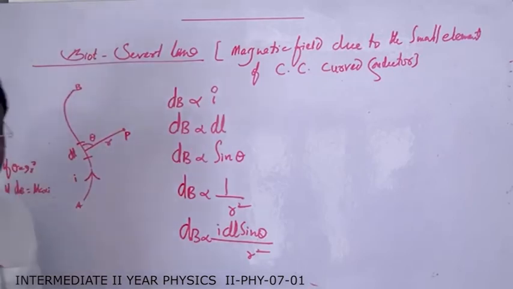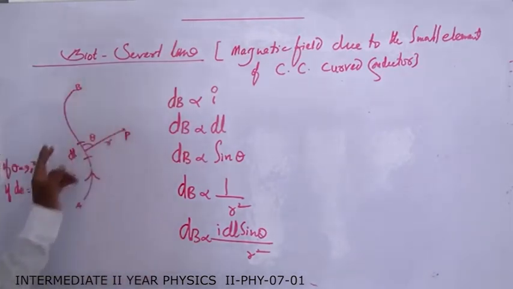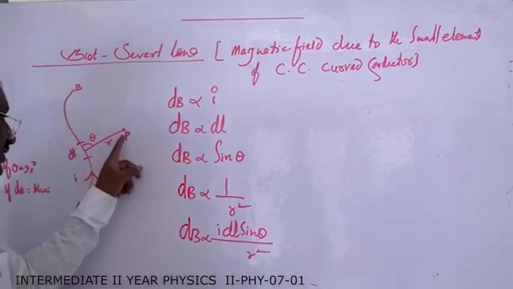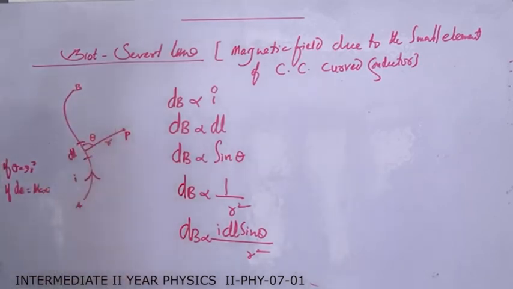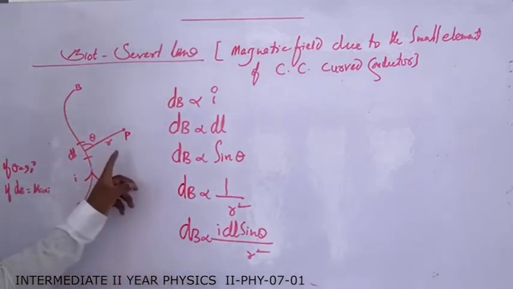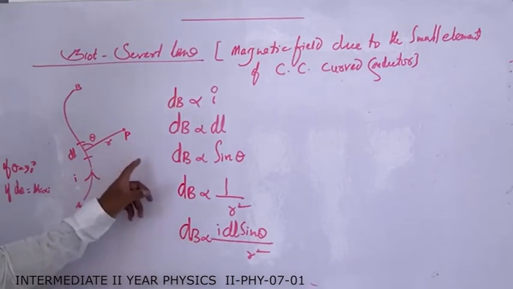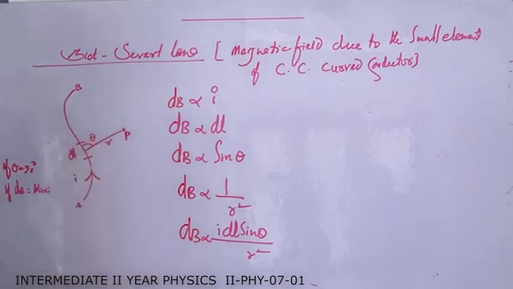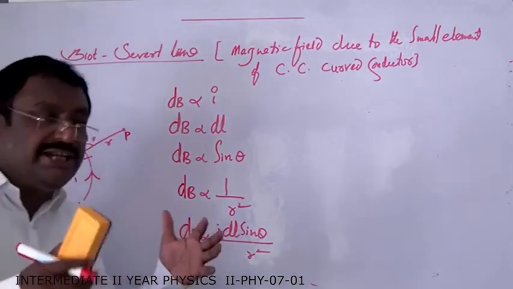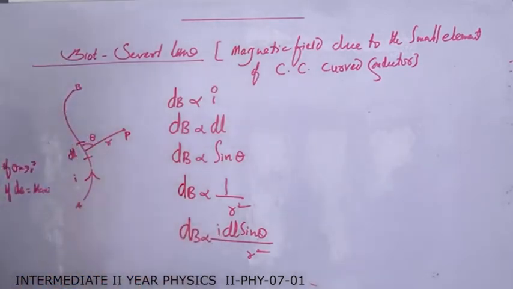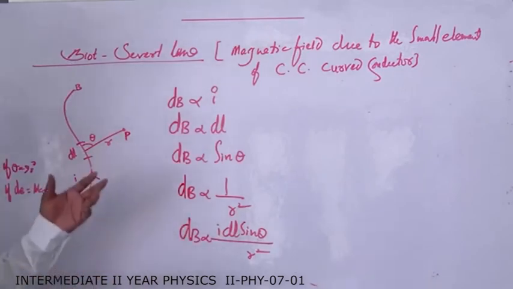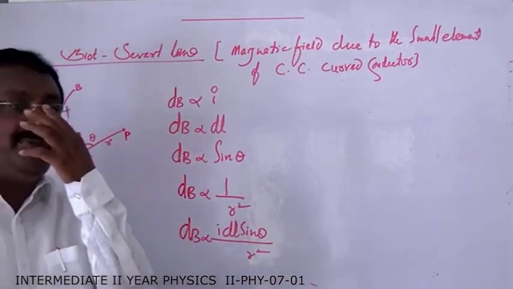Take the coronavirus: how does it affect our biological system? In the same manner, here is another invisible quantity which also influences the existing magnetic field. That is the property of the medium. The property of the medium either increases or decreases the existing magnetic field, so we must take it into consideration. Here the medium is either air or vacuum, both are equal. The property of this medium is called magnetic permeability.